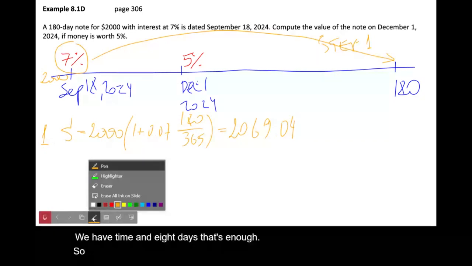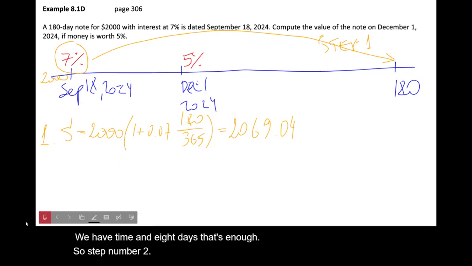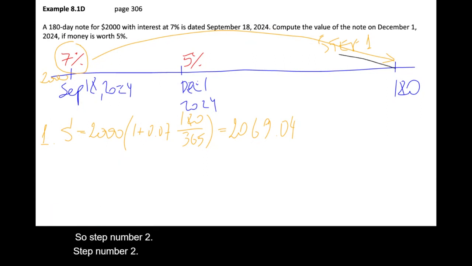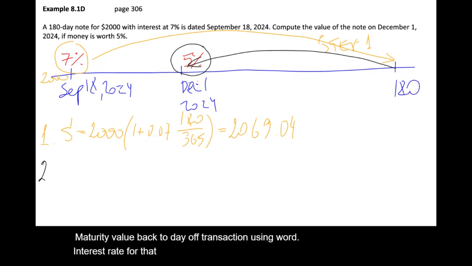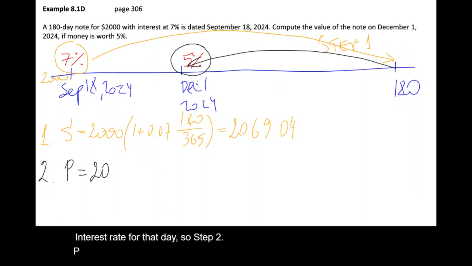So step number two, we take the maturity value back to the day of transaction using what? The interest rate for that day. So step 2, P is 2069.04,